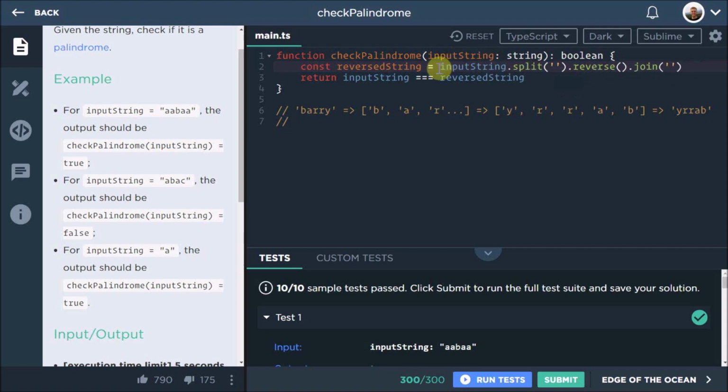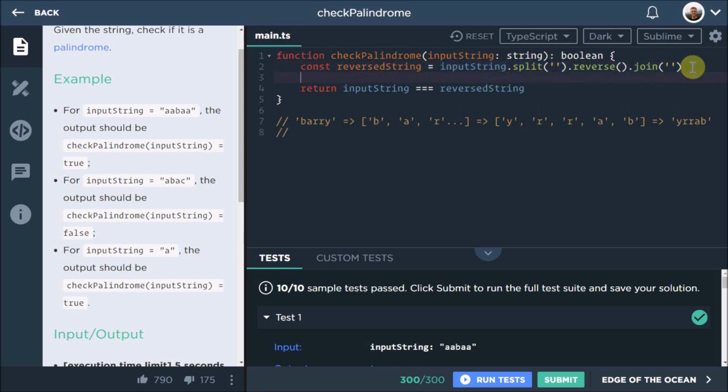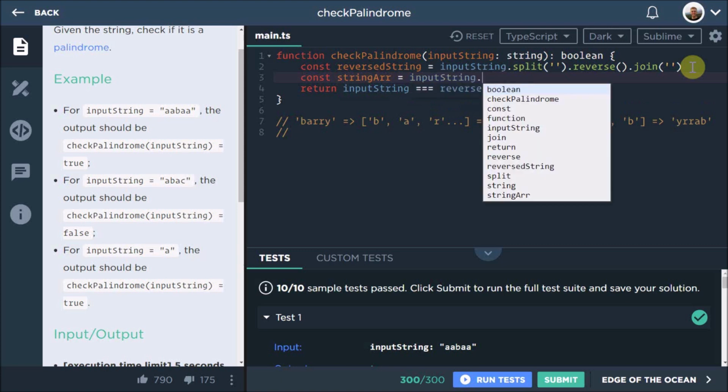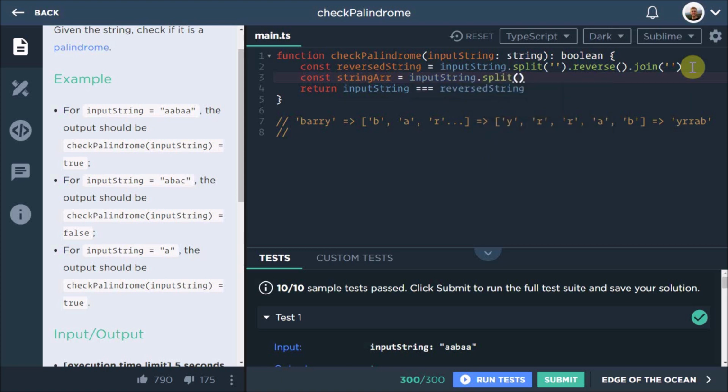So what we're essentially going to do here is split these things up. We're going to get our const string array, and we're going to say that is the input string dot split. So here we have our string array. I can actually move this above. Let's move it up.